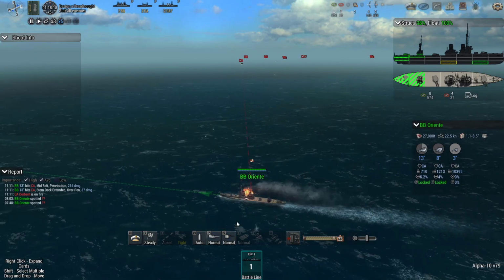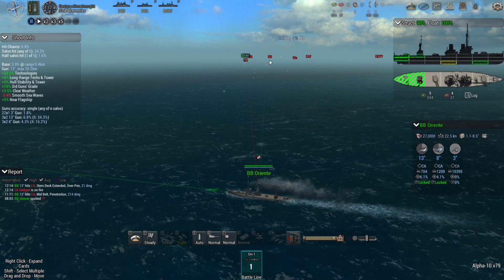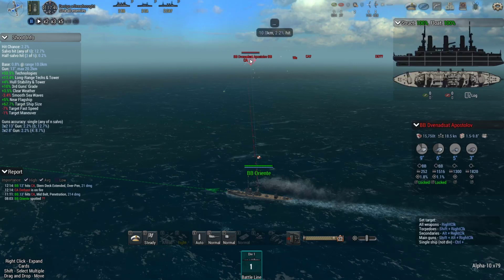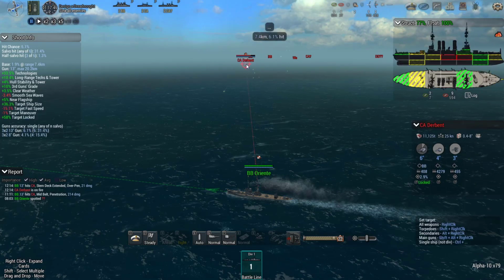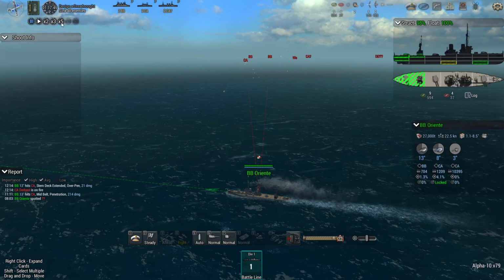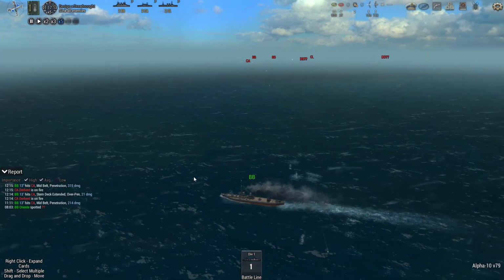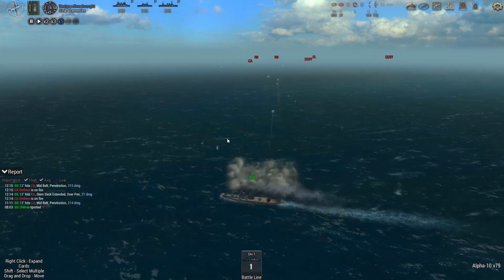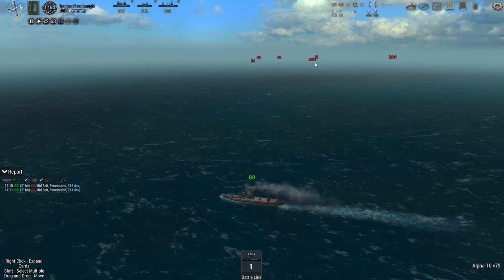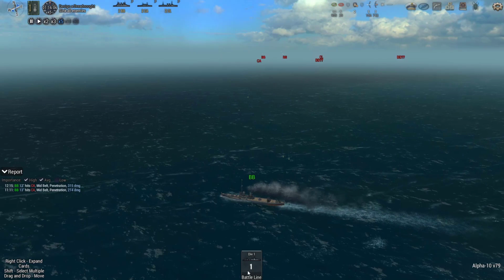Okay, let's put our secondaries on and move our... Okay, let's pause. We need to, with its 13-inch guns, it's got 9-inch guns. Cruiser's got 6-inch guns. So we need to Shift Alt right click. And okay, we haven't identified those. What's our